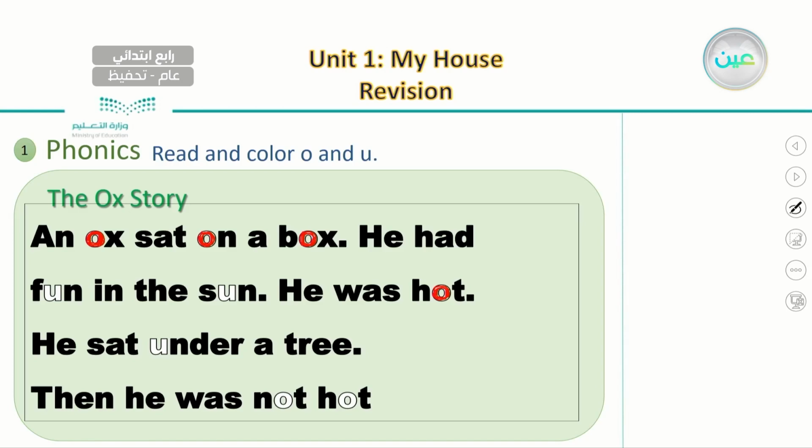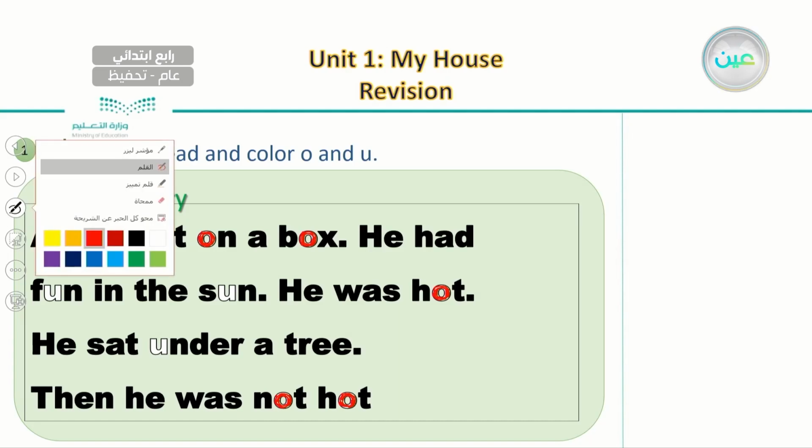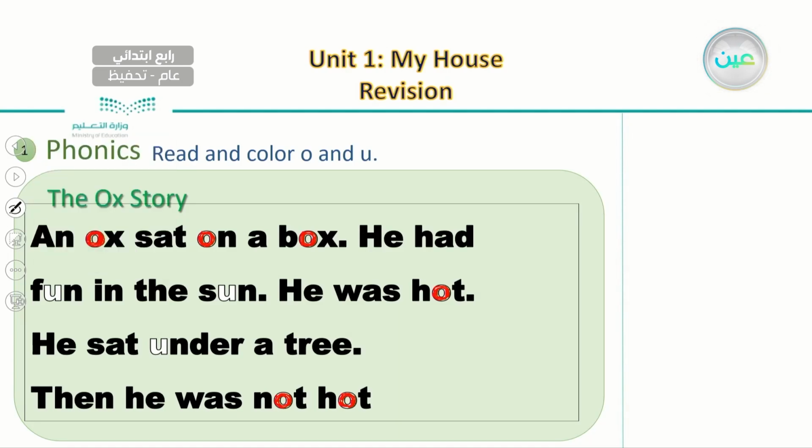This will leave us with 2 remaining letters O, which need to be colored as well with red, as what we did. So here you go. This is how we color letter O. We color letter O with red, so we can know the differences between O and U. I'm sure you will be better at coloring than me. So after we finish all of these 6